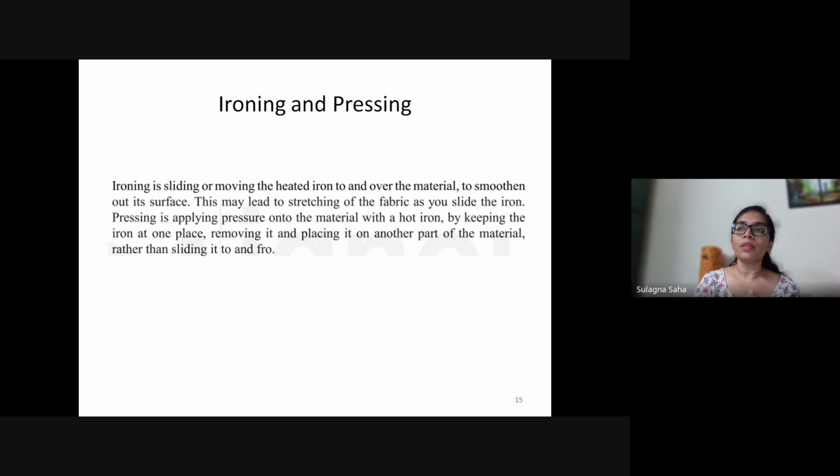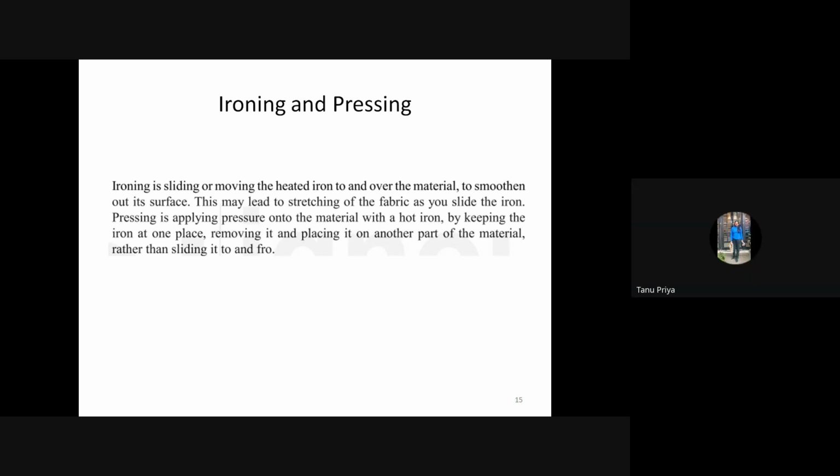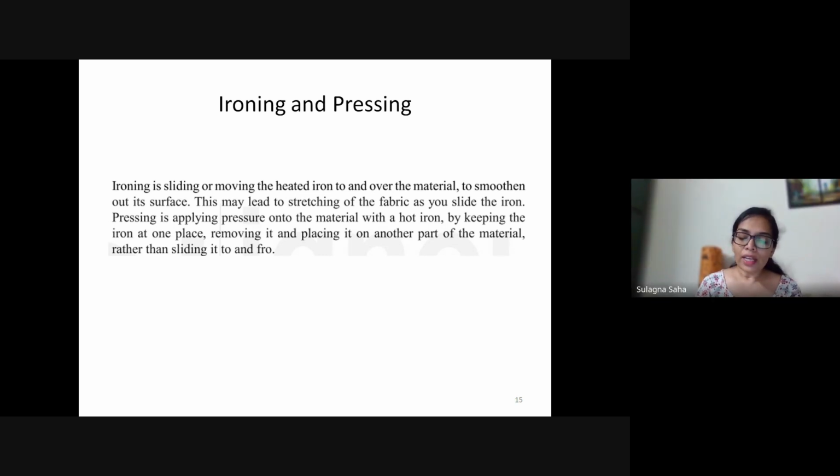For example, you might see that there are certain fabrics on which, if you iron or press your iron, a shine appears. Have you seen that? Yes, ma'am. Now, the shine appears because there is too much heat or too much pressure which you have put in. So, for example, trousers.